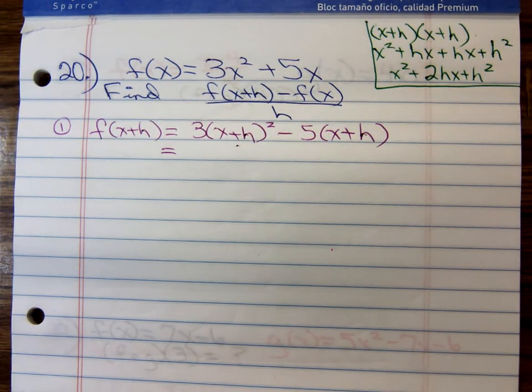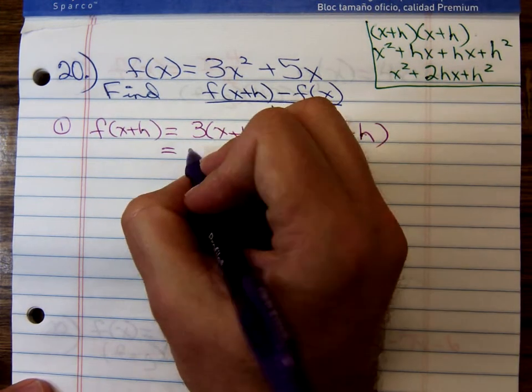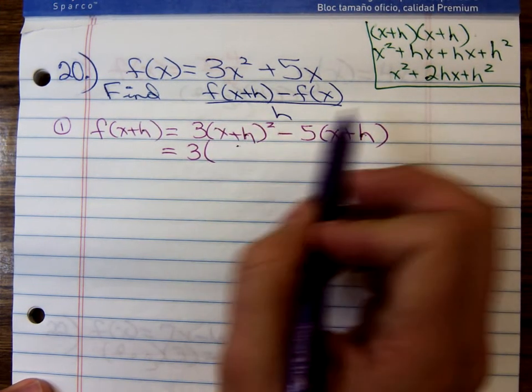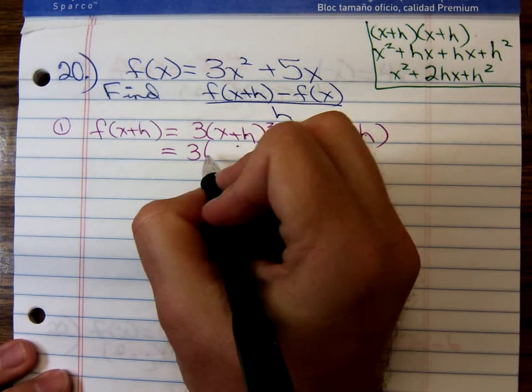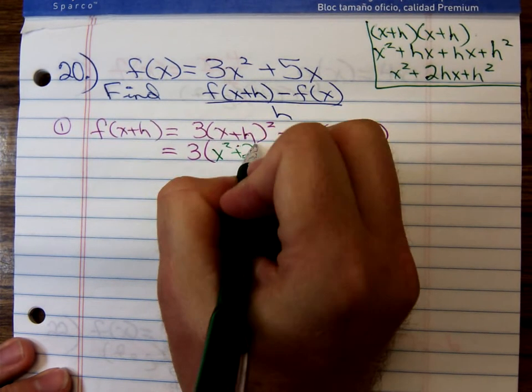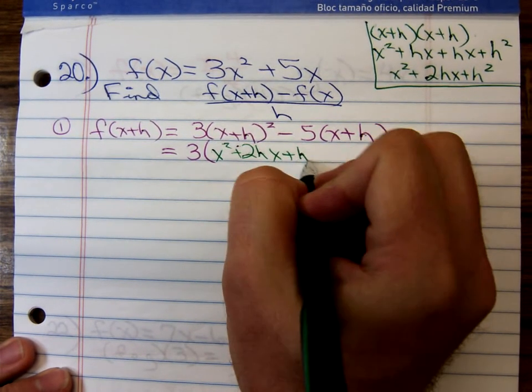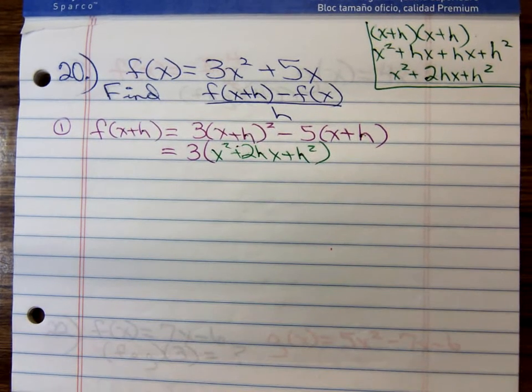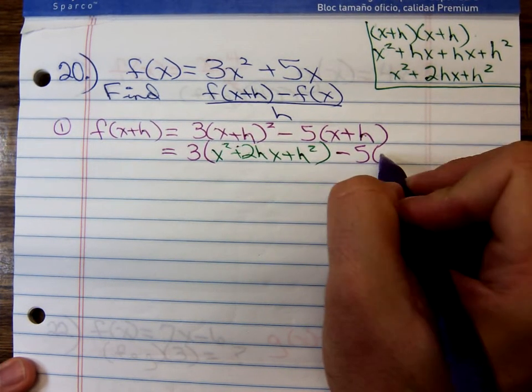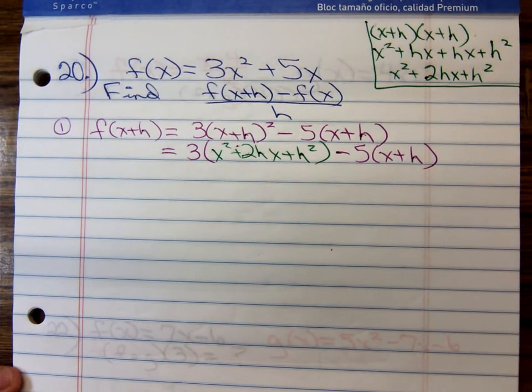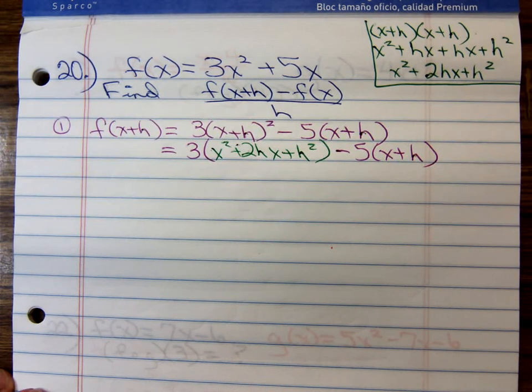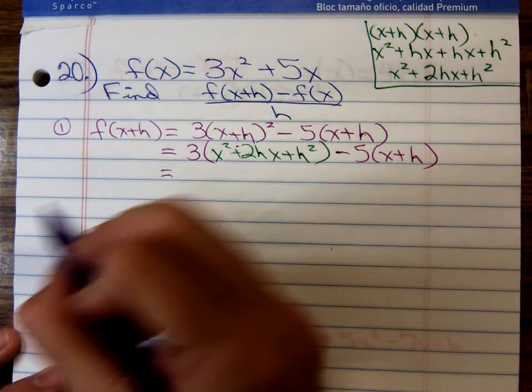So anyway, we have a 3 times that x plus h squared, that's that green stuff, x squared plus 2hx plus h squared. And I still have that minus 5 times x plus h. Now, all in one step, I'll go through and distribute the 3, distribute the negative 5. That's going to give me, when I go through removing those parentheses,